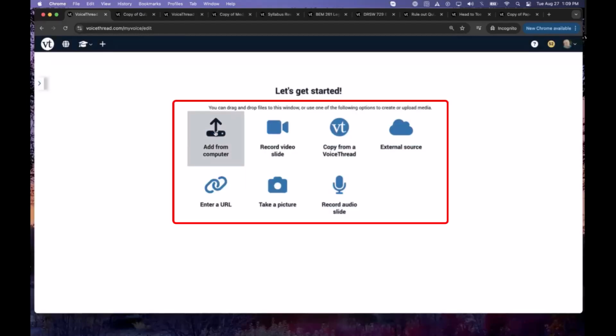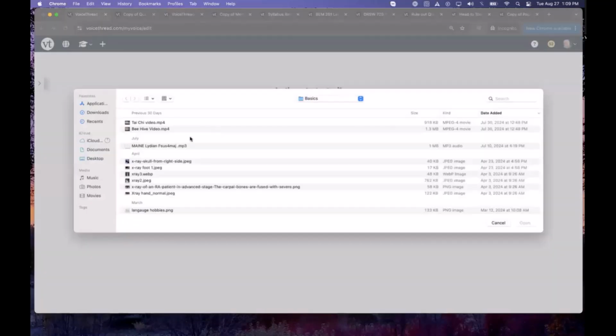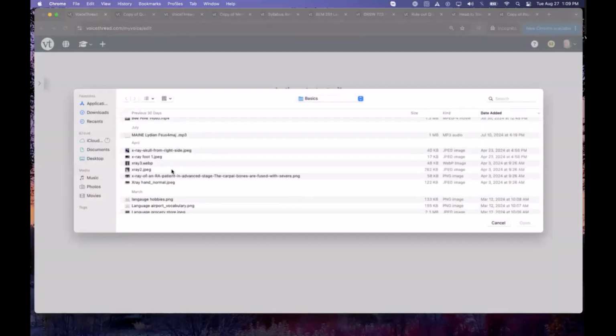Most often, though, you'll go through your computer. So that's what I'm going to do. So for today's purposes, I just recommend uploading a single image file. So I'm going to click Add from Computer. You can always upload big PDFs, big movie files, whatever you want, up to 3 gigabytes in size for any single upload. But obviously, the bigger the file, the longer it will take to process. An hour-long movie that's like 2.5 gigabytes might take you 10 minutes to upload and process, 15 minutes depending on your internet speed. So we don't want to wait that long.